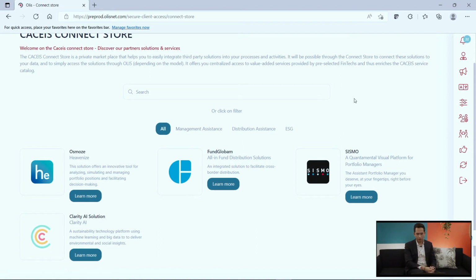Osmos or Heavenize, a solution focused on analyzing portfolio positions and facilitating decision-making for asset managers. Fund Globum, which is a cross-border distribution product offered now on the Cassis Connect Store. Sysmo, which is again a portfolio management data visualization tool, and another solution, Clarity AI, which is an ESG data